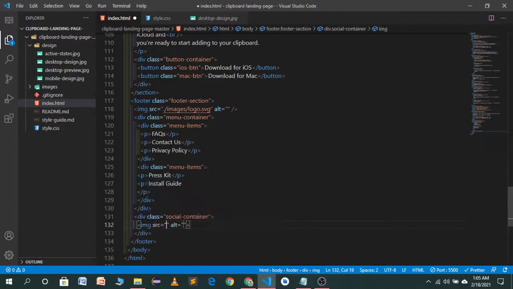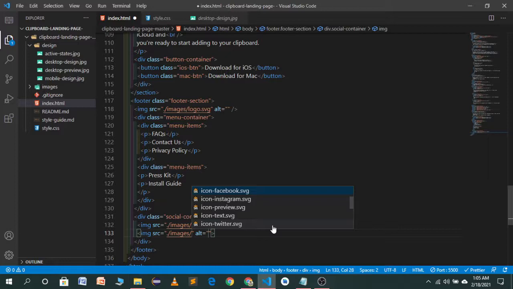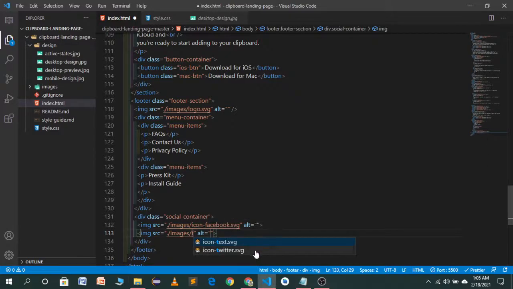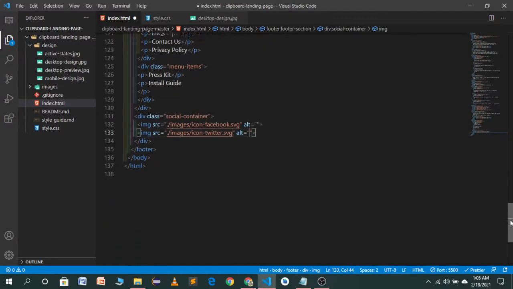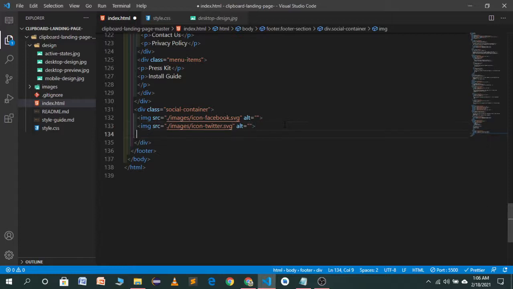And now I will import images from our images folder, which will be a Facebook icon. Undo this change, and we want Twitter icon, and the third will be an Instagram icon.